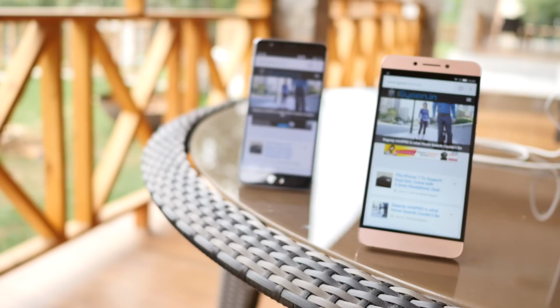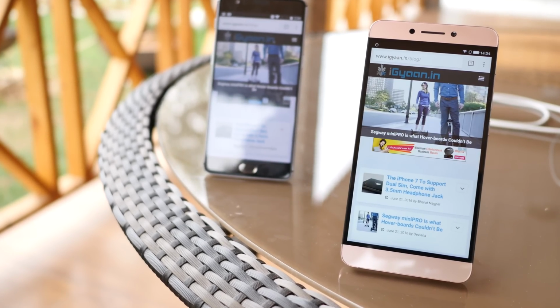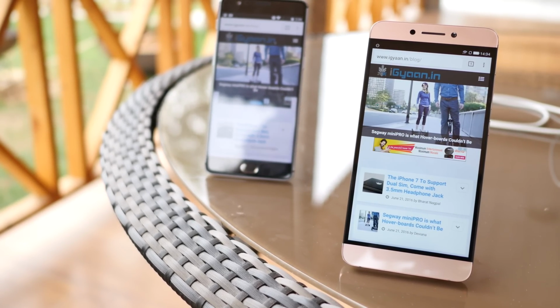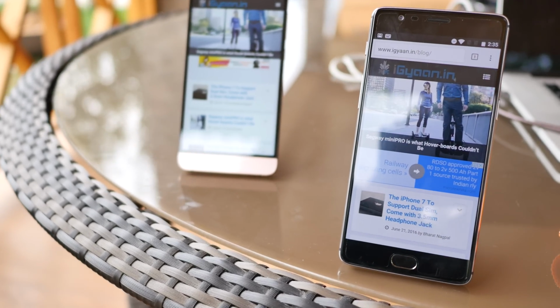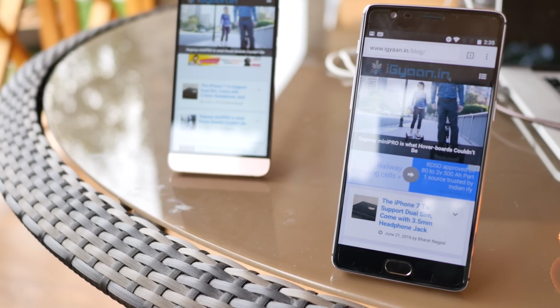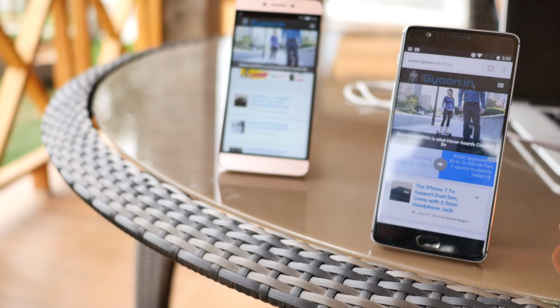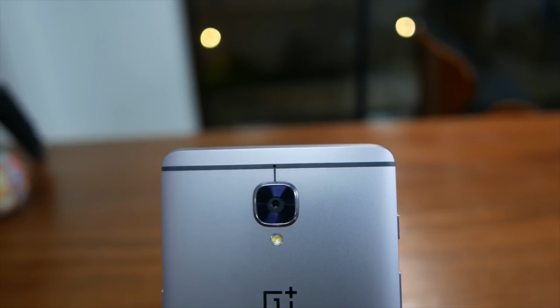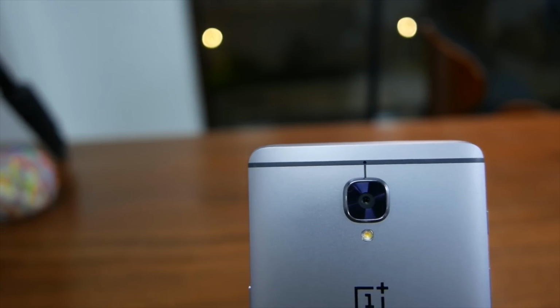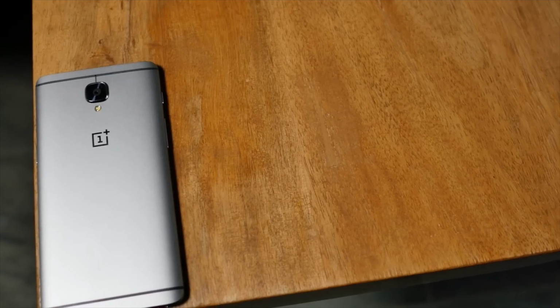Now, both of these devices have similar front cameras with an 8 megapixel sensor, whereas on the OnePlus 3 you get an f2 aperture and on the Max 2 you get an f2.2 aperture. Both of these devices will shoot 1080p video from the front camera and 4K video at 30 frames per second from the rear camera. As far as batteries are concerned, the OnePlus 3 has a 3000 mAh battery with a